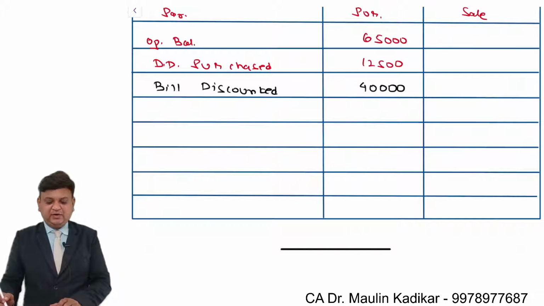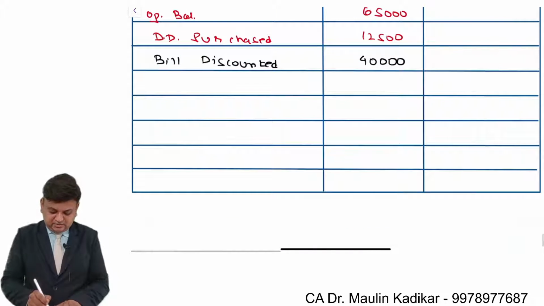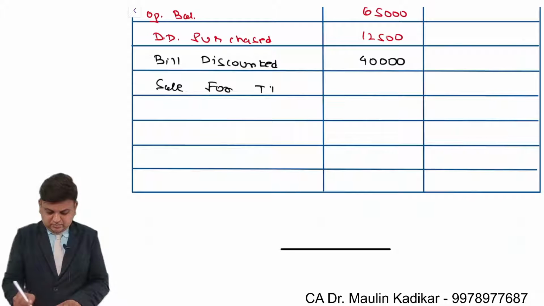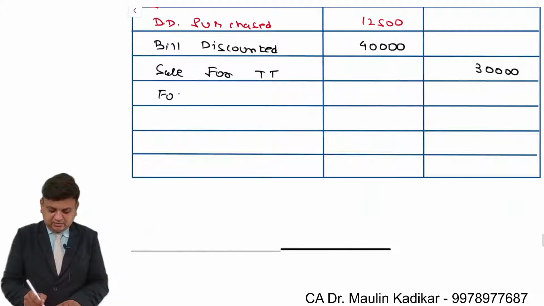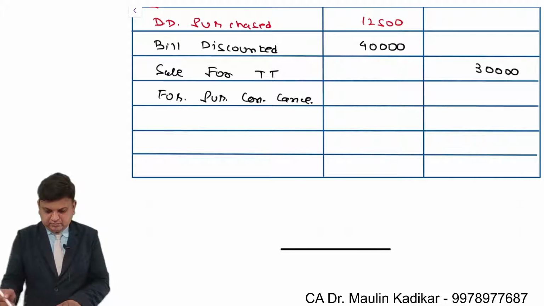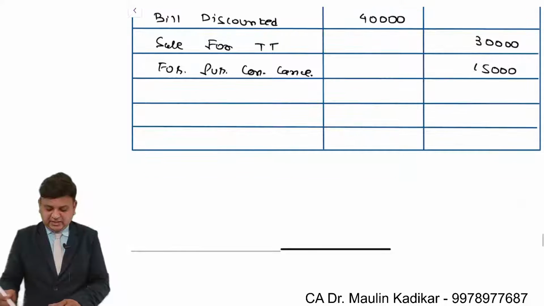Next is sell forward telegraphic transfer, 30,000 pound. Forward purchase contract cancelled, that is 15,000. Remitted by TT,